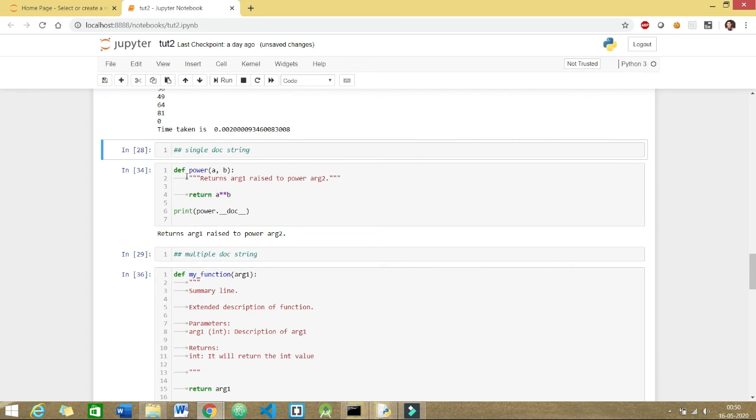So yeah, for example, I was talking about docstring in the beginning of this video. So docstring is enclosed in these three quotes, if I can say that. It will tell me what the functionality of this function is. Okay, so if I change it to, let's say, divide, so it returns argument 1 divided.